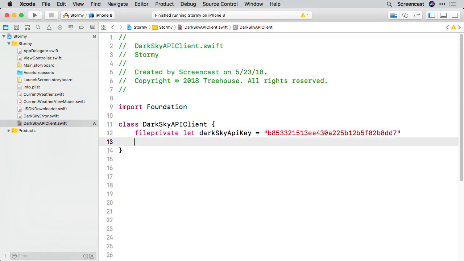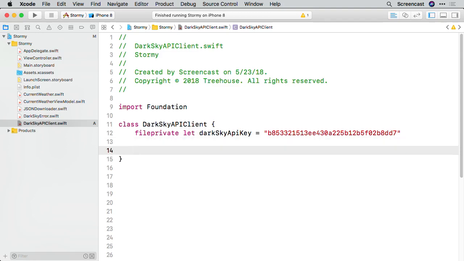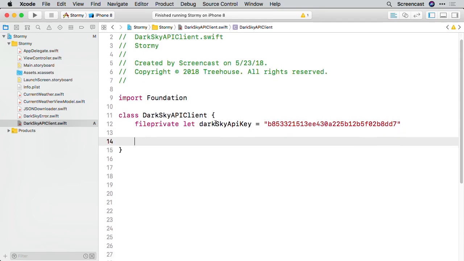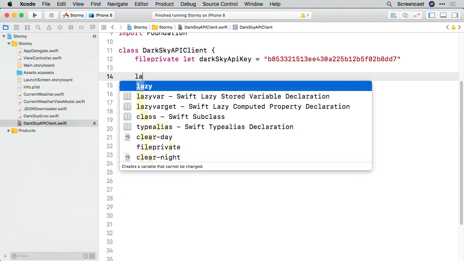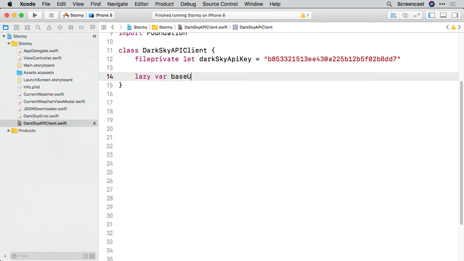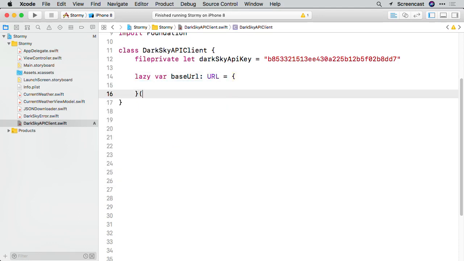The next property we want to create is the base URL that we'll be using to interact with the Dark Sky API. That way, every time we want to make a call, we can create a URL relative to this base and save us some work. Let's create this property as a lazy stored property that is assigned a value from a closure. So lazy var baseURL of type URL, and to this we're going to assign a closure that we call